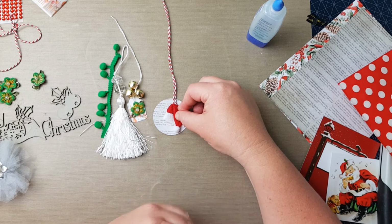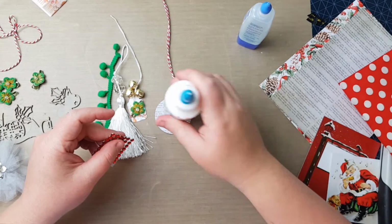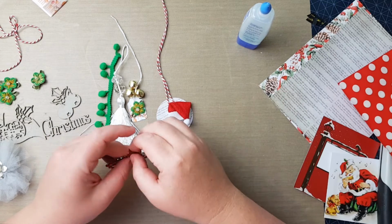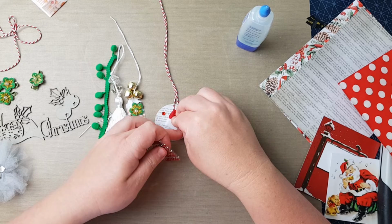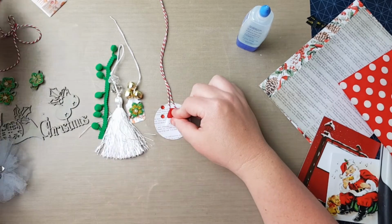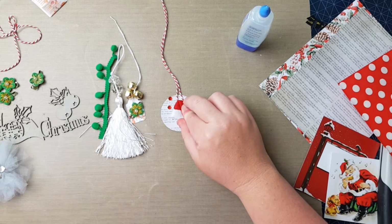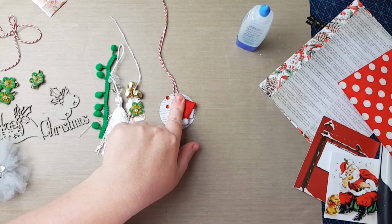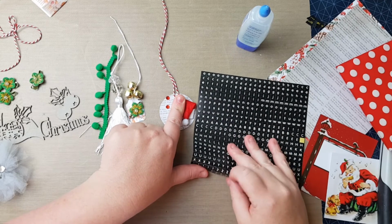So that paper actually is the story, or part of the story of the night before Christmas. I need to hold that hat down so that it sticks. Nothing was holding it though, because it is a bit lopsided. Put on some of this lovely red bling. Still holding the hat because I need a minute to dry, and then I'm just discovering, that's not the word. I'm going to start adding a little bit of the title, so it's going to be